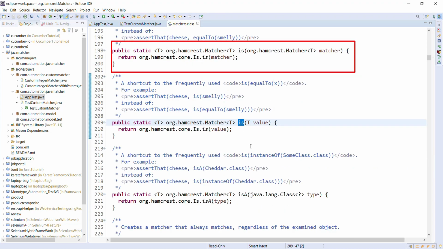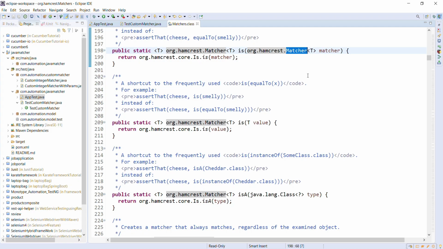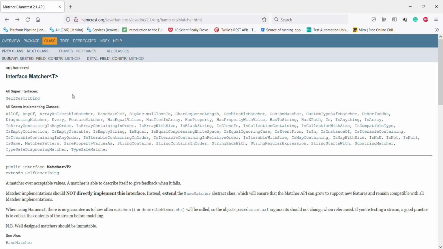So this matcher has one more overloaded version, and the overloaded version takes a parameter of type Matcher, which is a generic interface coming from the Hamcrest framework. So let me open the API documentation of this interface. This is the API documentation of the Matcher interface, and as you can see here, this is the list of classes which implement this generic interface.